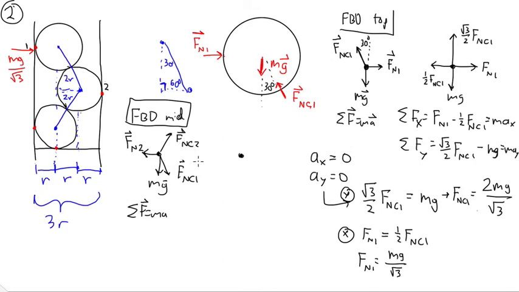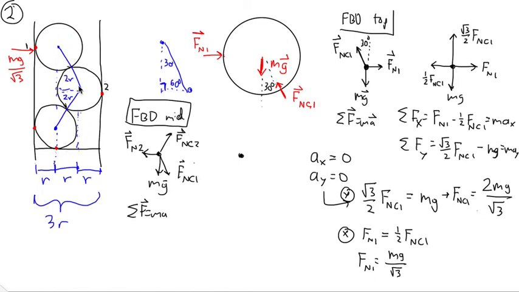What's going to happen here, I think, let's see, is that you're going to have mg. This force is going to have to be double the magnitude of this force. I'm pretty sure, because it's just my intuition. Trying to solve this, I'm going to sort of skip ahead in my head and say that I can tell you, if you do a free body diagram of all three of these guys together,